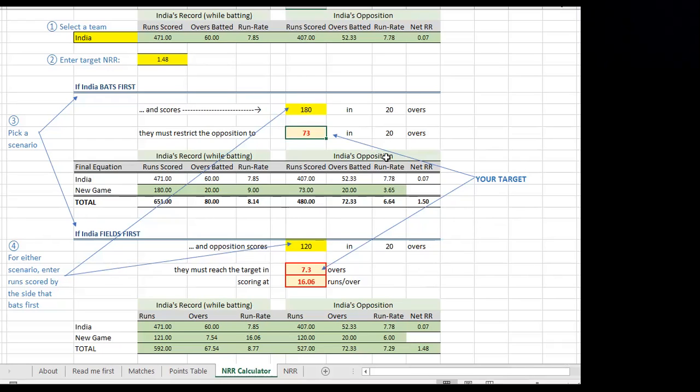So the best recommendation would be for a team to field first, try to limit the opposition to as small a target as possible, and then chase the target. Once you come out to bat, you would know exactly how fast you need to score, and based on that, you're able to plan your batting lineup.